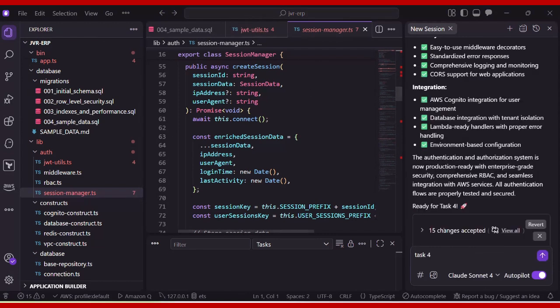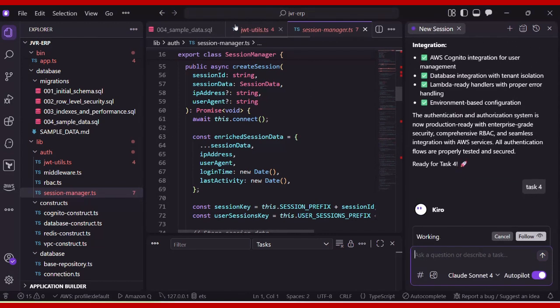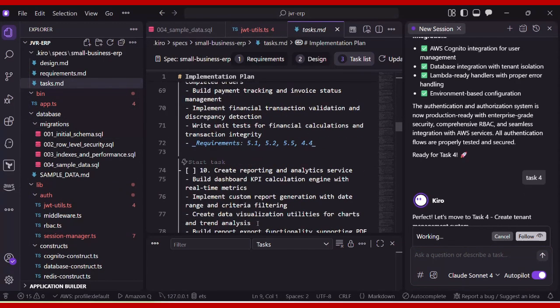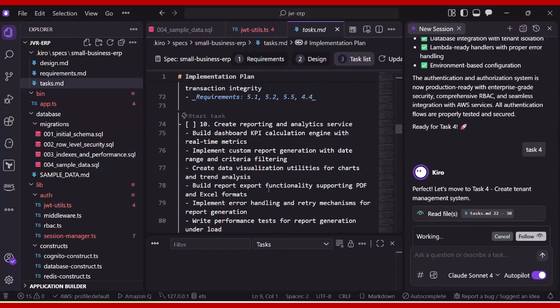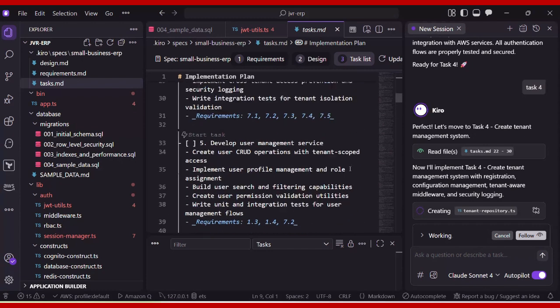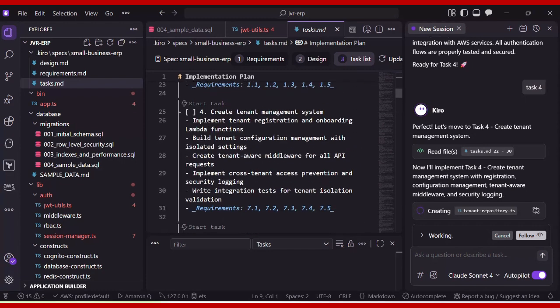Okay, let's move on to the next step, asking for task 4. Task 4 is to create the tenant management system. This tenant management system is for allowing more than one customer to access